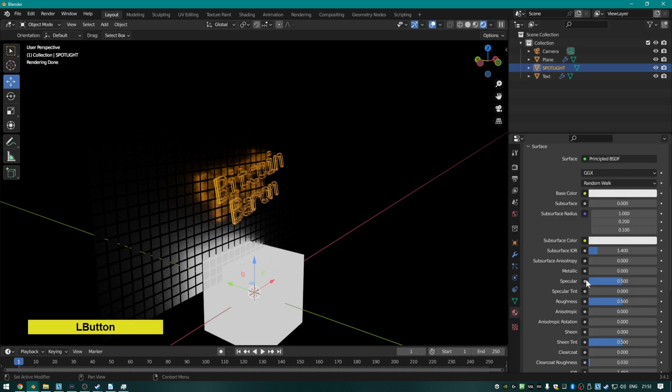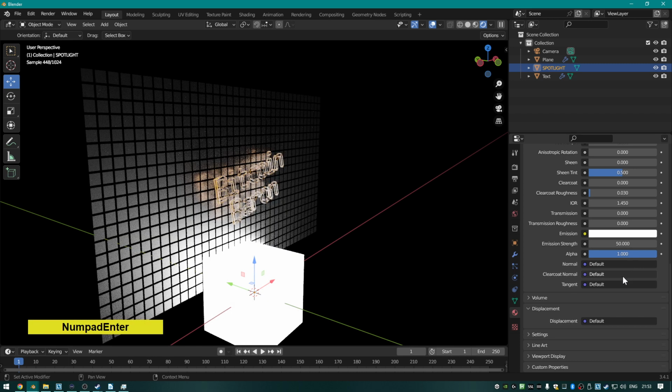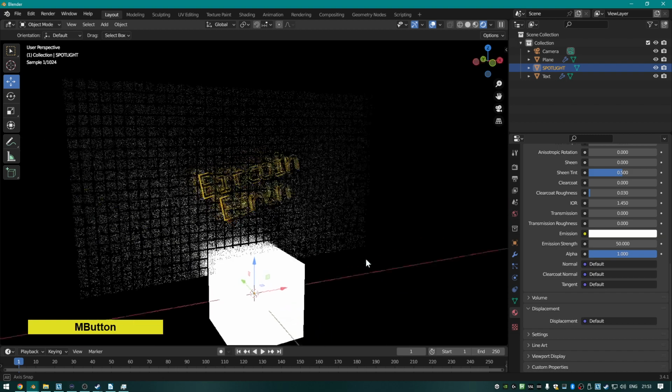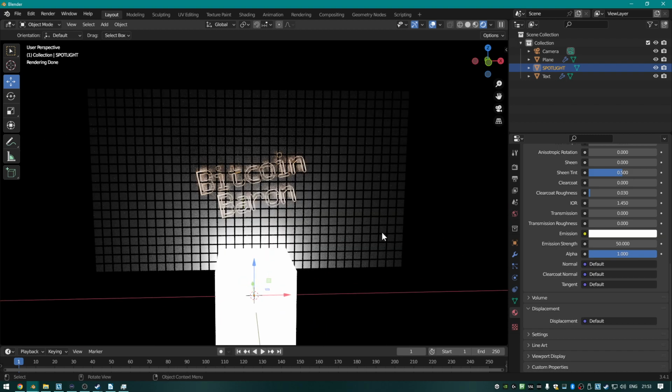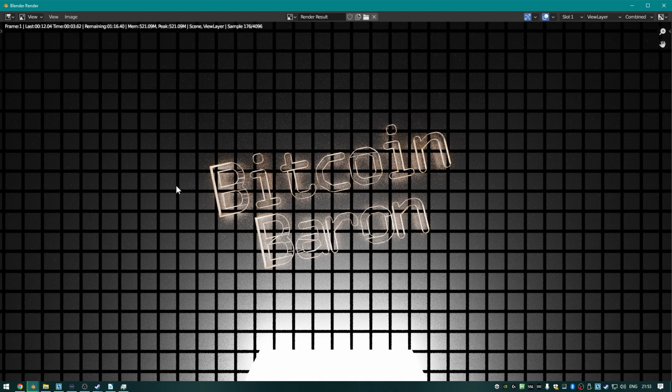Spotlight, I'm going to go down to the emission thing. Emission strength is currently 1. Let's make it 50. All right, so now that's a much brighter light right there. It's so bright, actually, that if I was to render here, you don't really see much of the light rendering out from the thing. However, something like this can be a pretty cool effect underneath your scene to have some